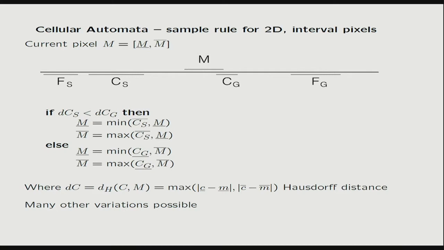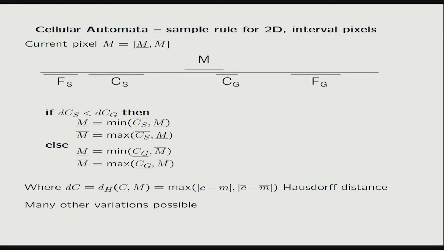And this is where the interplay between epsilon and delta is going to come in. So what we've done is we've defined a Hausdorff distance between these intervals, and here's a sample rule. There are many variations of this rule. I'm illustrating a simple one because it fits on the slide, but as you can see, I'm only changing my